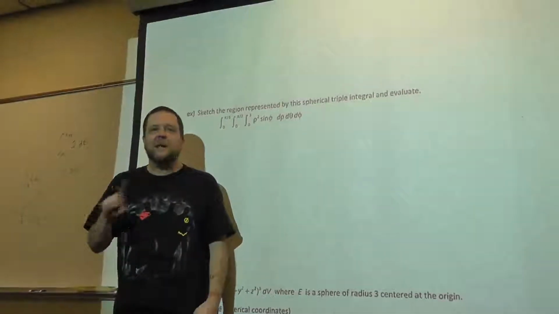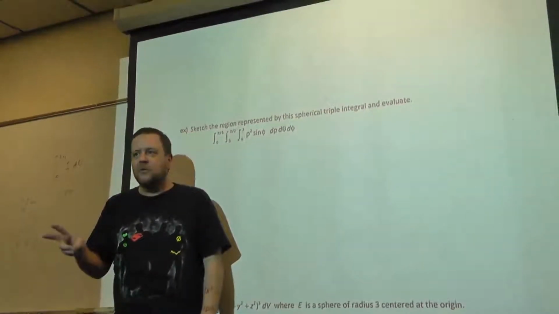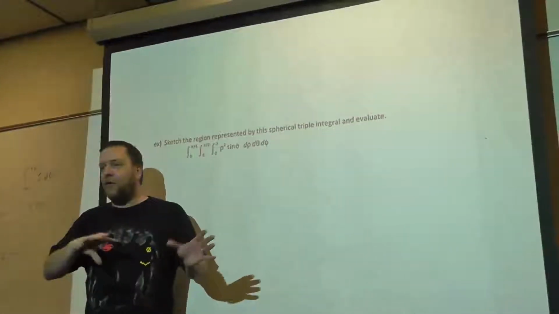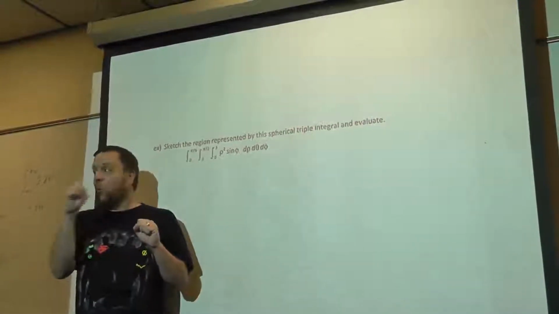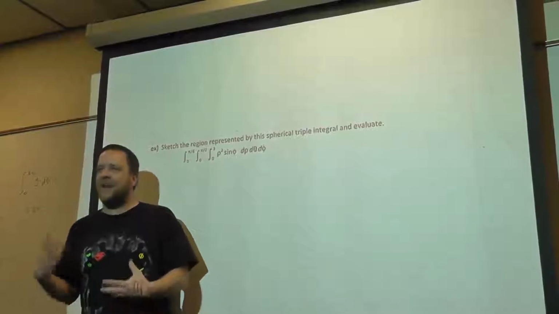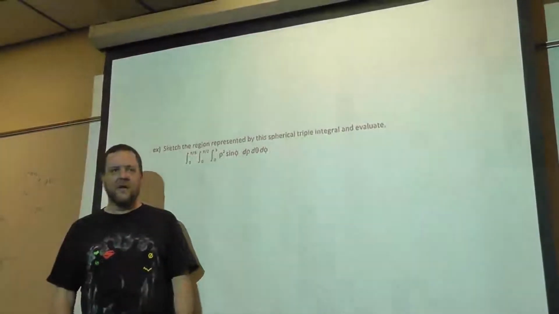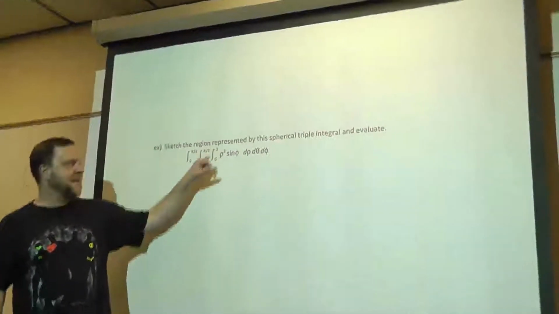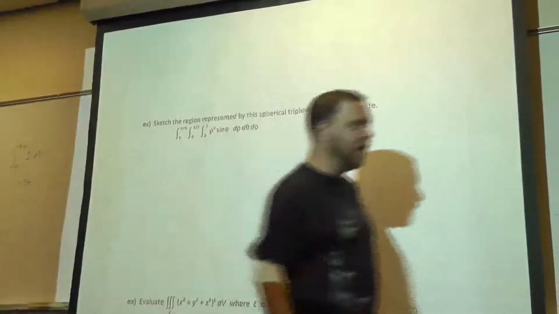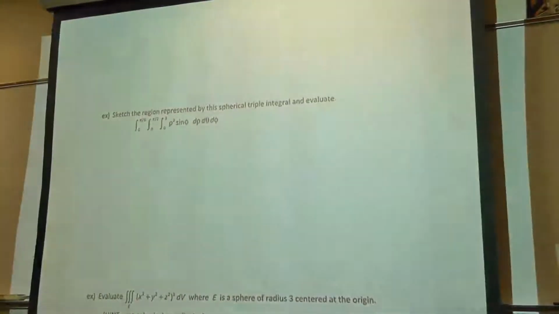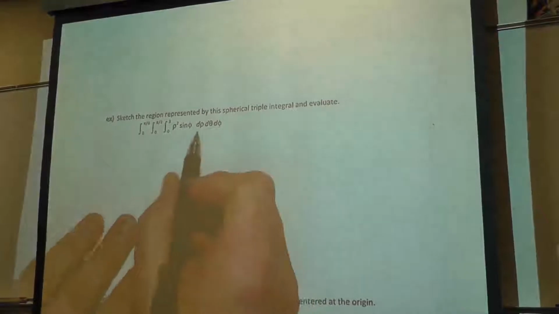So you'll never see a polar, cylindrical, or spherical area or volume problem that has just a 1 inside there. You always at least have that r or the rho squared sine phi. So this is a volume problem because that's the spherical version of the number 1. And then integrating it works the same way. If you integrate rho first,